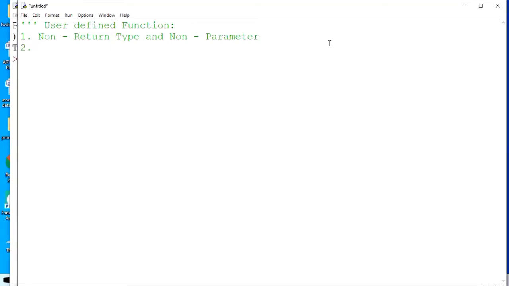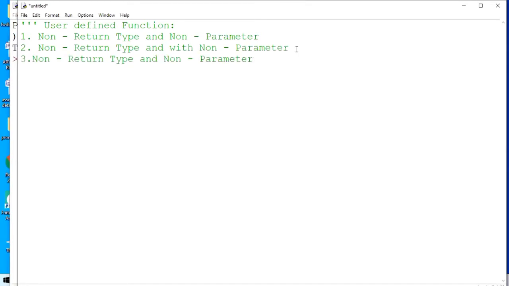Second variety can be non-return type but with parameter. The third one can be return type but no parameter.